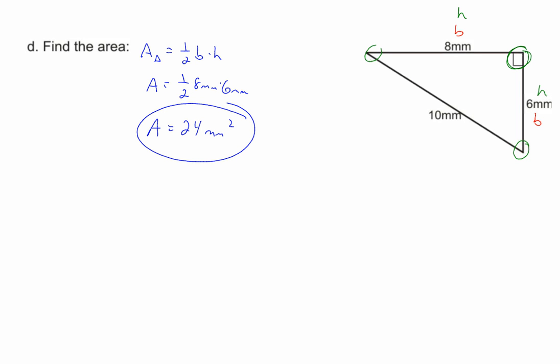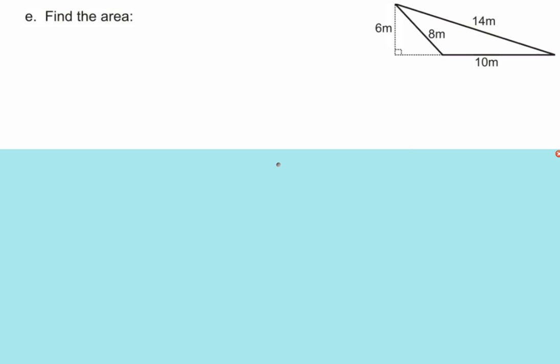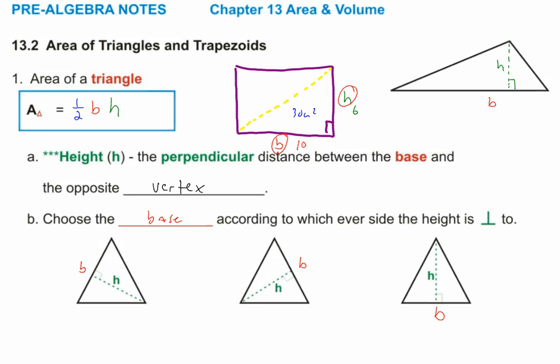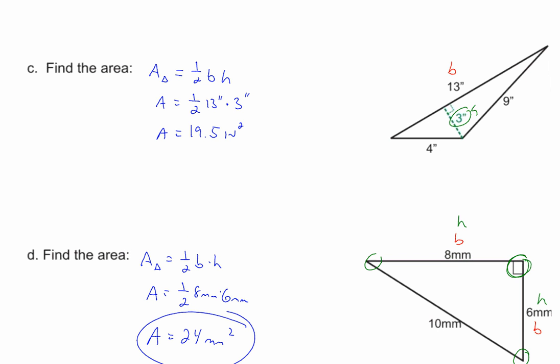The two sides that form the right angle, one of them will always be the base, the other will always be the height. So how many got that correct? Okay. So you just remember that for a right triangle. Pretty simplistic. One of them's the base, one of them's the height. By the way, let me go back a second. What if,